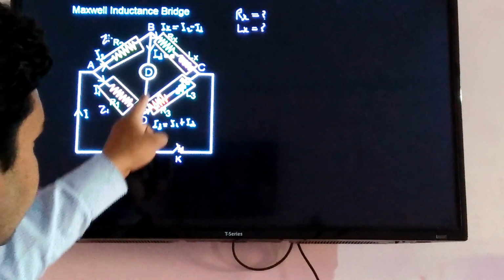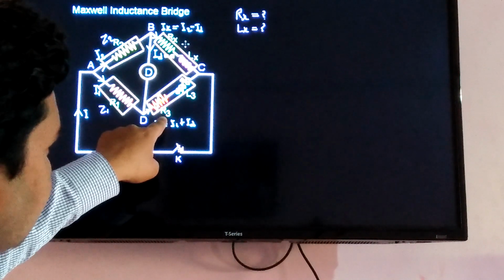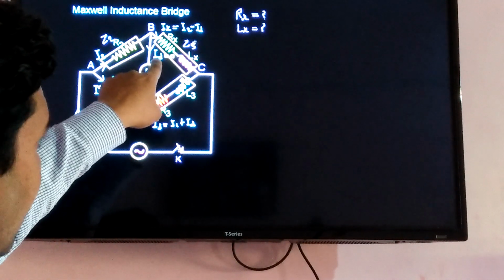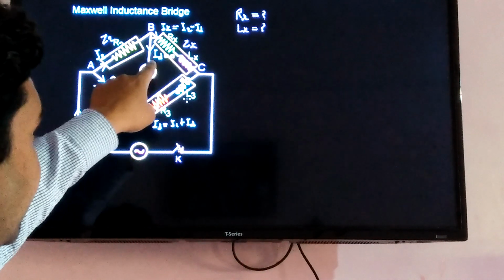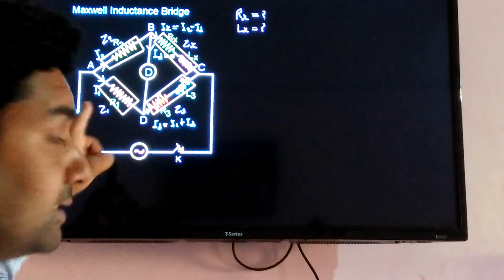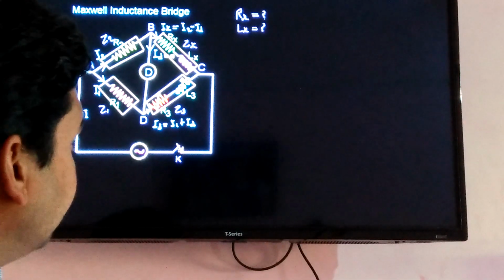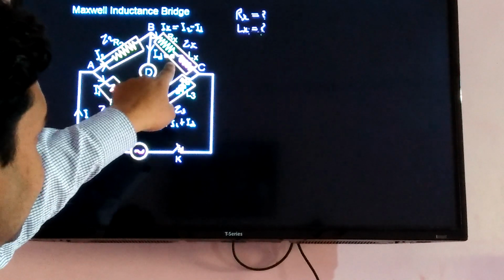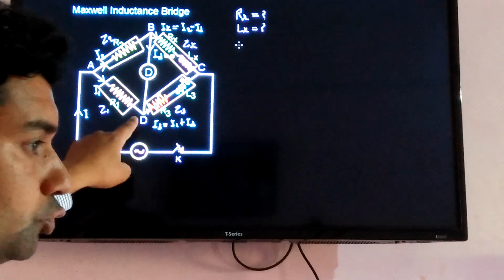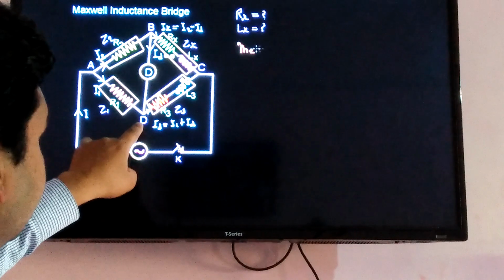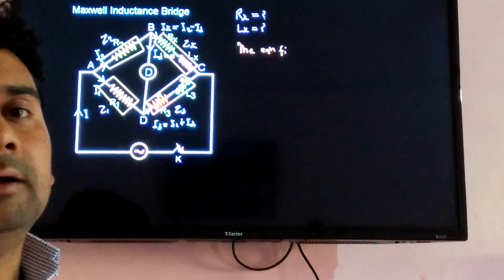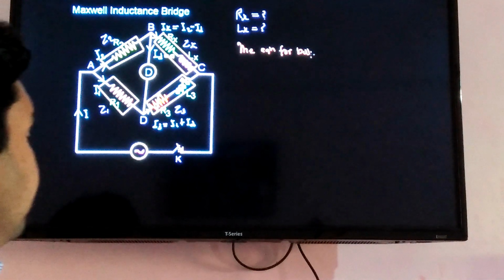We vary the values of R3 and L3 until the value of ID becomes 0. When ID equals 0, that means this is the balanced condition of the bridge. Then the potential at B is equal to the potential at D. Then the equation for the balanced bridge becomes